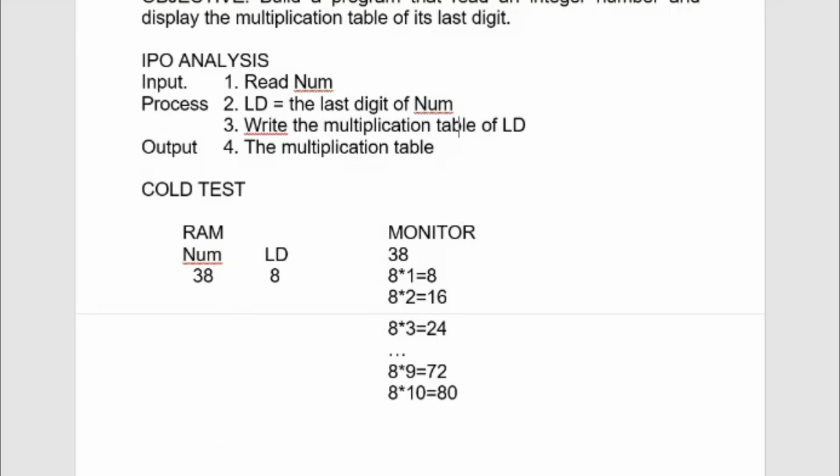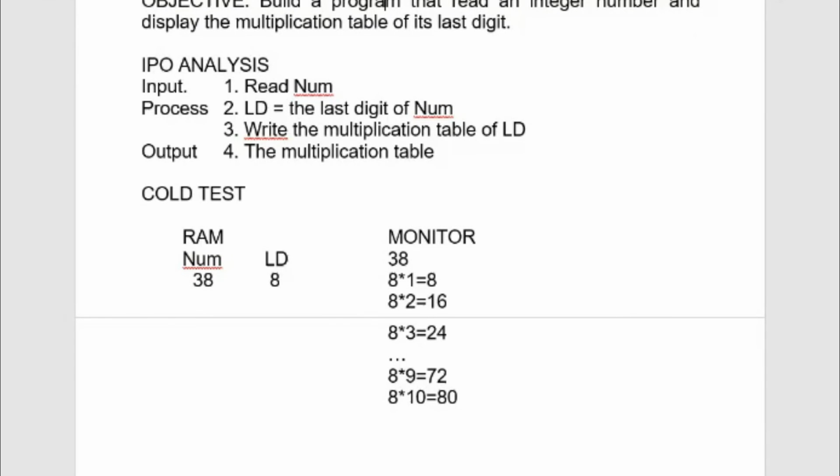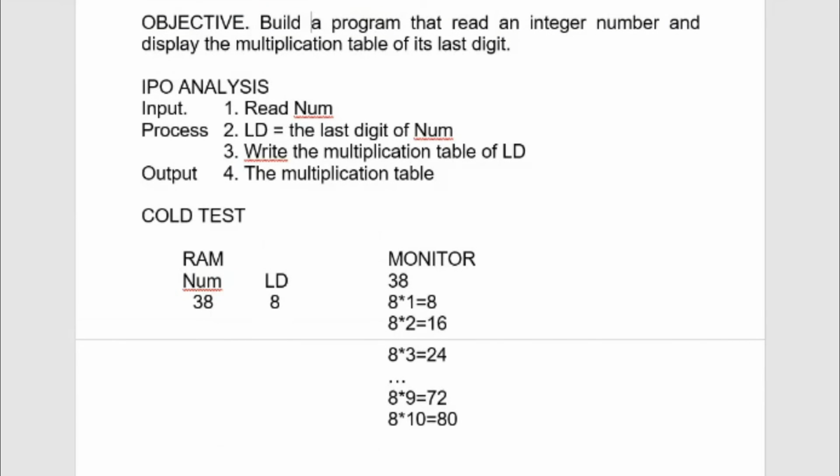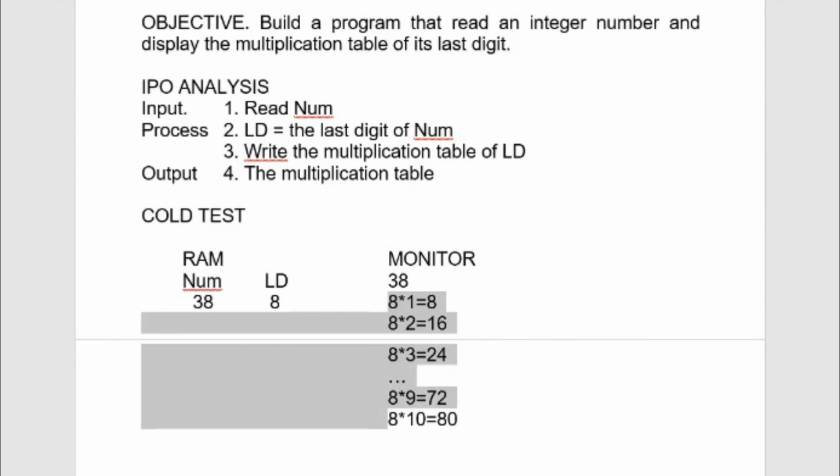So let's see the objective. Build a program that reads an integer number and display the multiplication table of its last digit. And look only at the monitor, only the monitor. Forget the RAM. You receive a number and you display the multiplication table of the last digit of that number. I ask you,